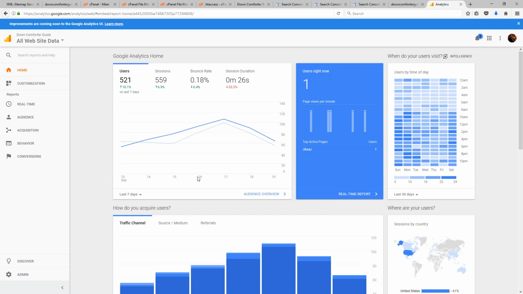However, if you're not already using Google Analytics, I'd recommend for you to add your website in here so you can track the stats closer to real time than what the Google Search Console will give you. You can also get a lot of extra information by having both of these properties set up and linking them together. But for now, what I'm really looking to do within my Down Comforter Guide Google Analytics page, I want